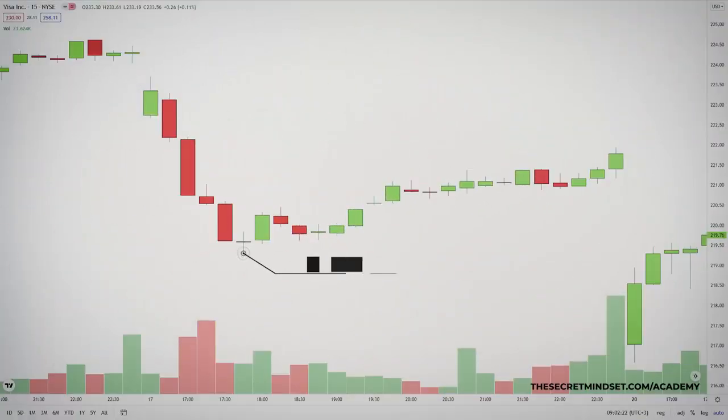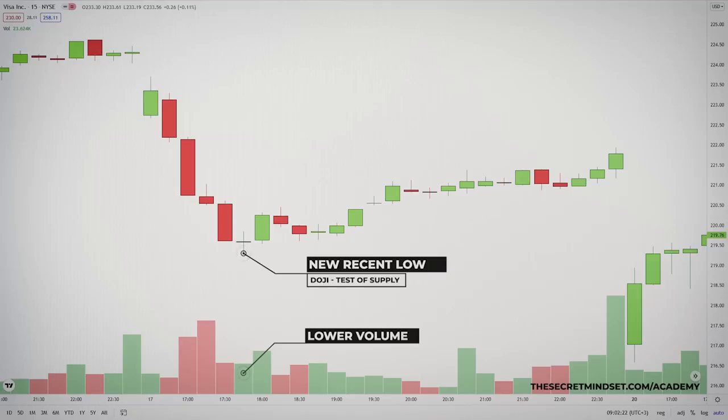This example shows a 15-minute chart. Again, in the background is a pretty strong downtrend. Around 10 candles prior to the doji test bar, the high price was around $225 per share. The low of this doji test bar was at $220, which represents more than a $5 drop in the value